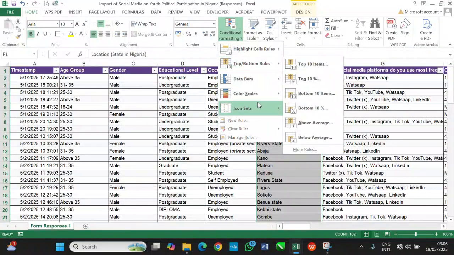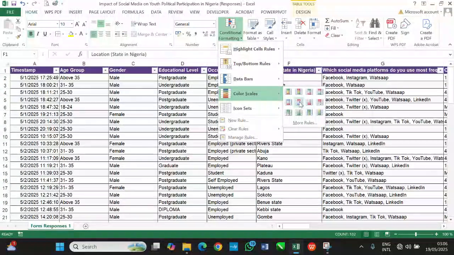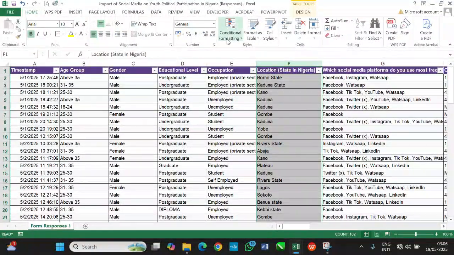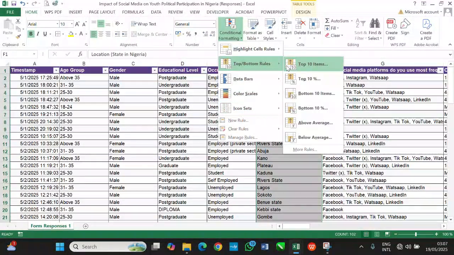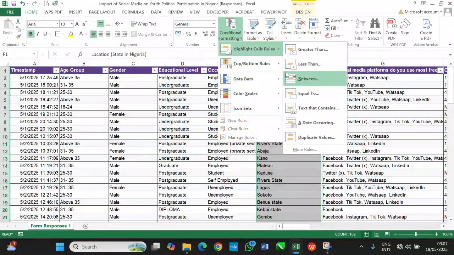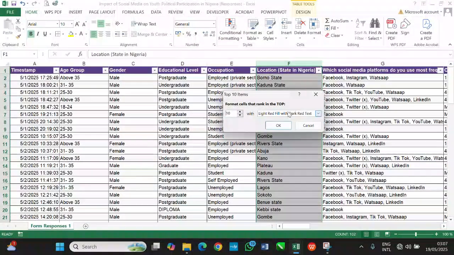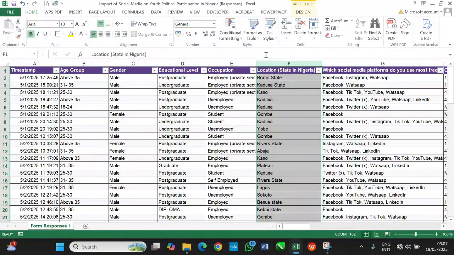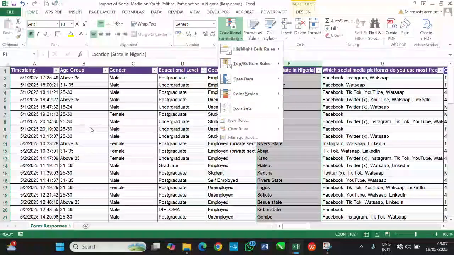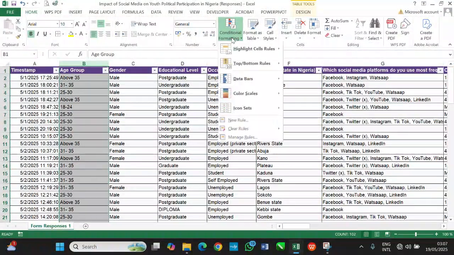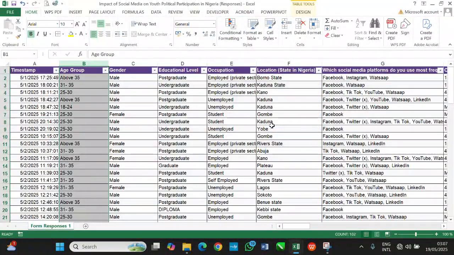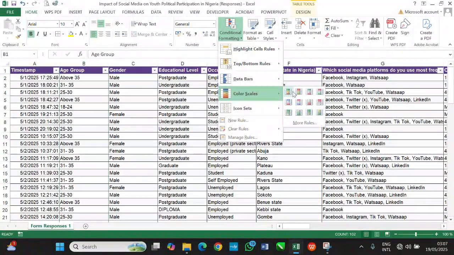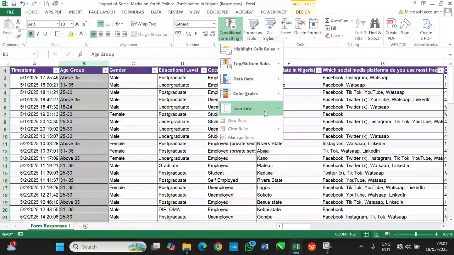So this one is color scales, maybe, although this color scale is for numbers. Okay, let me select top 10 items. I doubt if it's going to work like this. No, it's based on numbers, and we don't have numbers in this particular column. Okay, we don't have numbers, but imagine I want to give it a color scale, and I click on this. Okay, no,